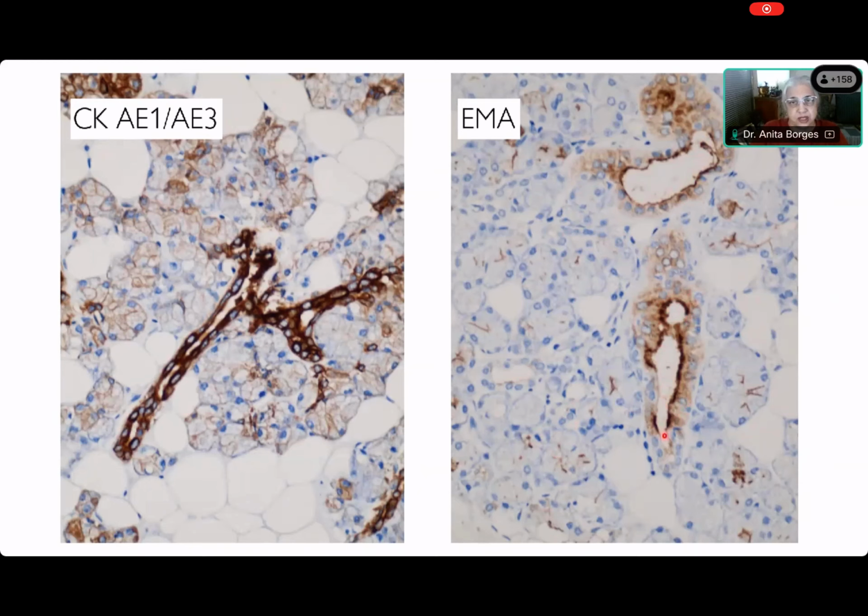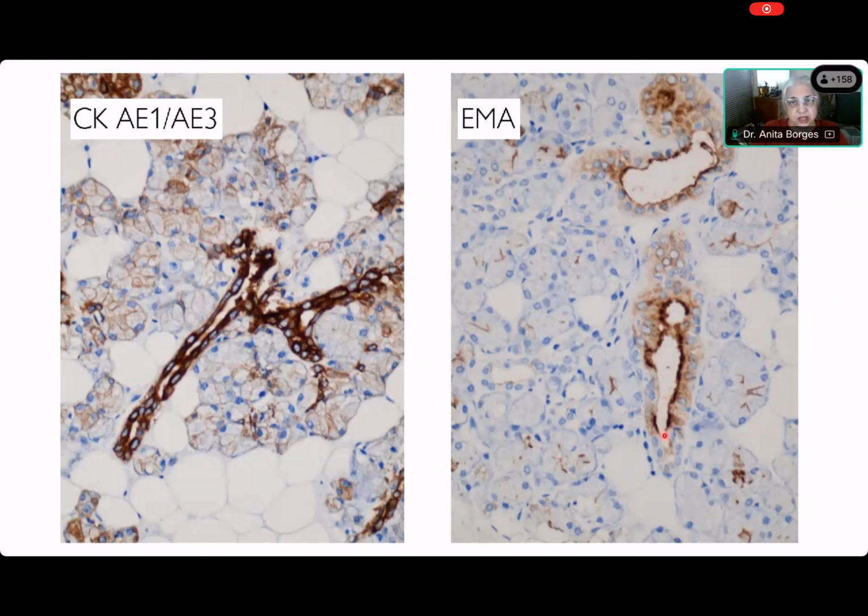See that, but you will notice something: there are acini which are also epithelial, and there is ductal epithelium, and the ductals are the small ones, the intercalated ducts, where you can just about see my cursor showing them, and then you have this striated duct, and you see the difference in the cytokeratin expression in the acini. In the acini, it's not that you don't see the expression of cytokeratin, but it is extremely faint. You can see the faint expression of cytokeratin, whereas in the luminal portions of the ducts, you get very strong